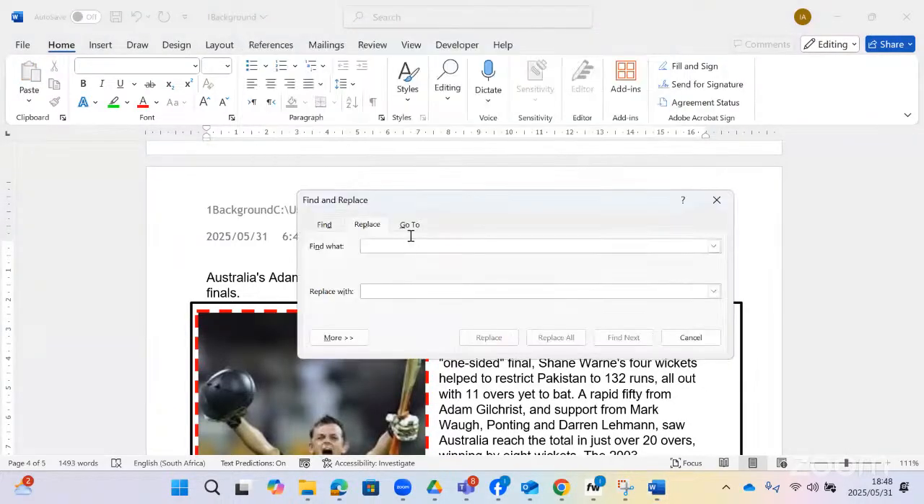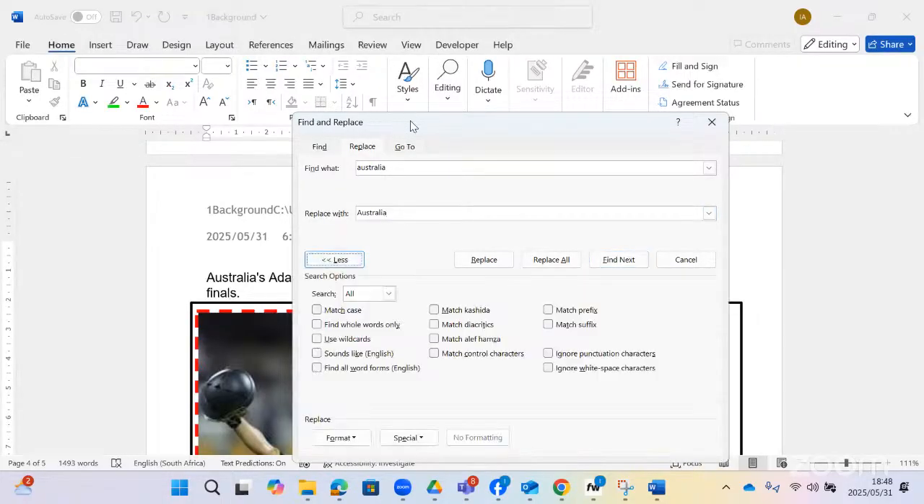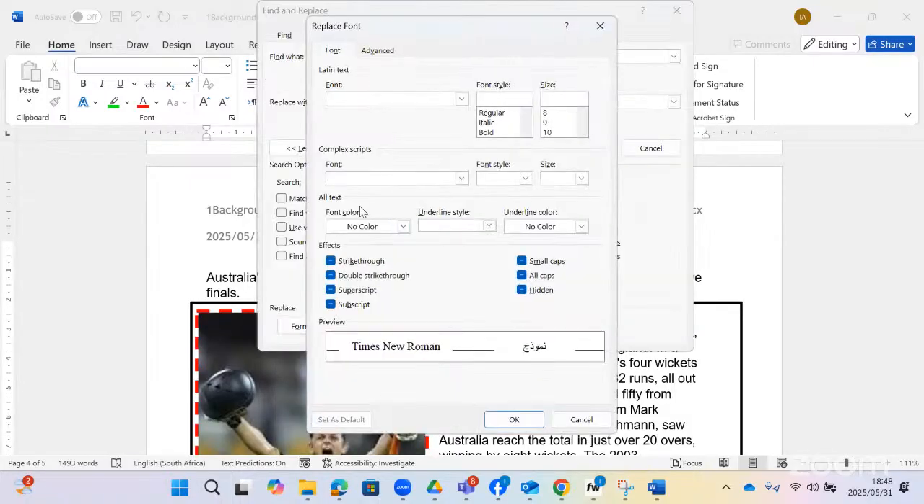So what are we finding? We are finding Australia. And then we replace with the same word Australia. Then you go to more. Make sure that you have clicked inside where it says replace with. Then you go to more, and then you change the font color to red. So you see the font color